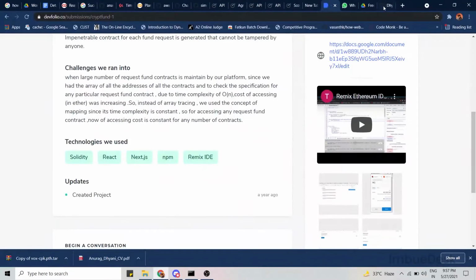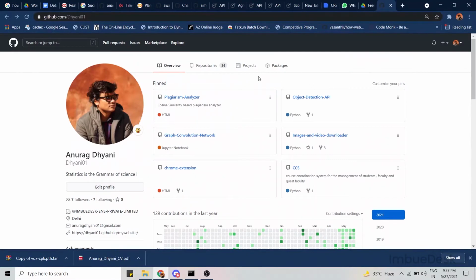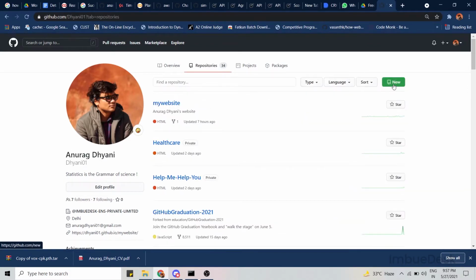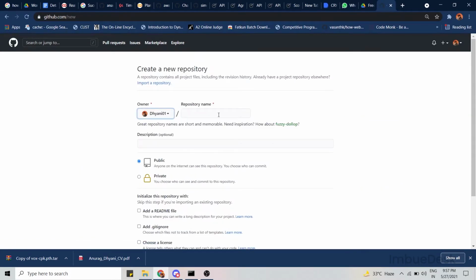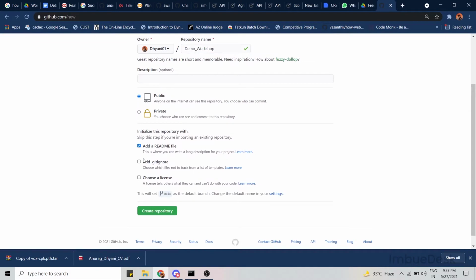when you are logged in to your GitHub account like this, go to repositories and create a new repository by clicking New, and name it something like demo workshop. Now you can make it private so it is only visible to you, or you can make it public so it can be visible to anyone. You can add a description, you can add a readme file. What the readme file does is that you can put your description of the project over here. So create repository,